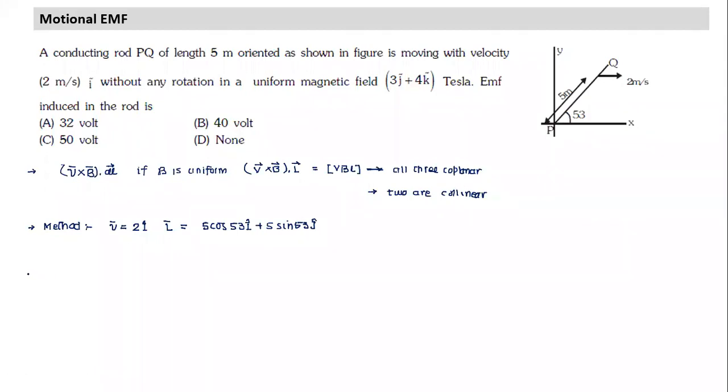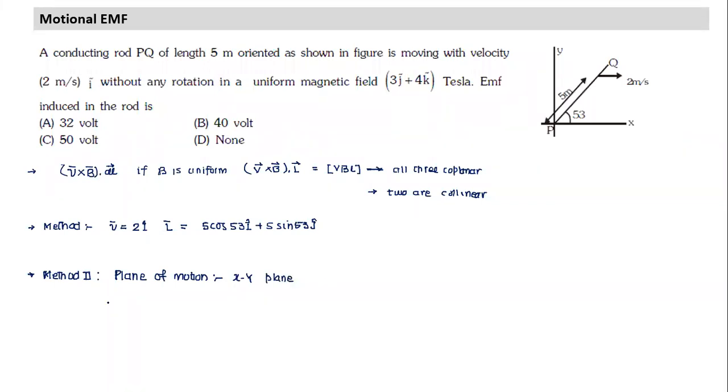Can we solve without using the cross product? Let's try and understand how to solve without using the cross product. Finally, we are going to get a scalar quantity only. First of all, B has a component in the plane of motion, and B also has a component perpendicular to the plane of motion. So first we identify the plane of motion. Which plane is this object moving in? The L vector and velocity vector put together give the plane of motion, so the plane of motion is the XY plane. I hope all are clear.